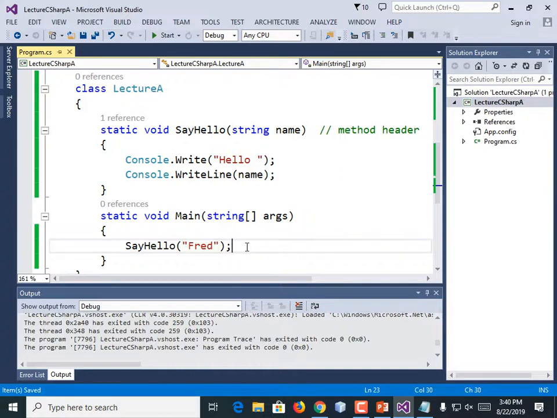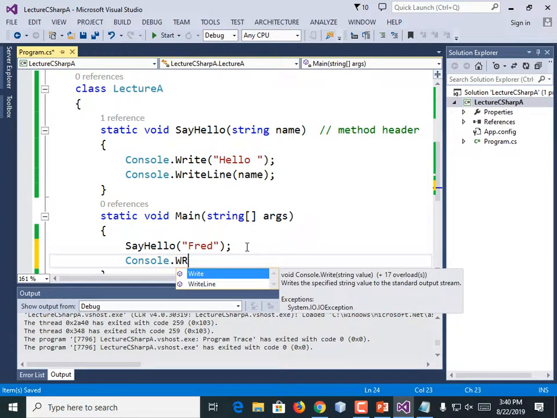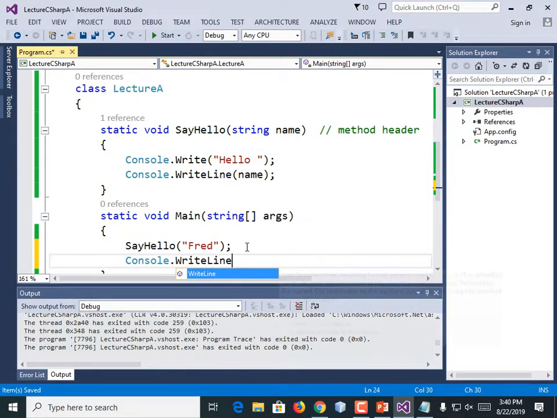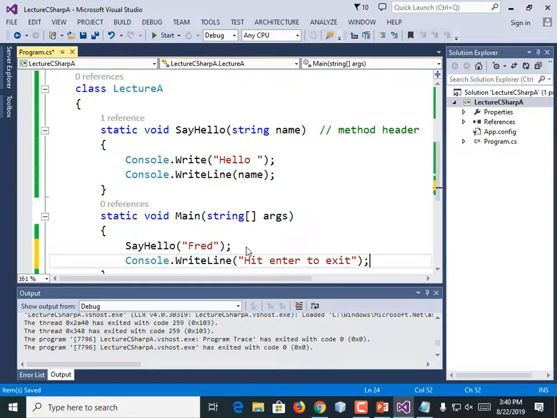Let's give that a try. After we do say hello, we could do a print, right? Console.WriteLine parentheses, hit enter to exit, end quote, end parentheses.